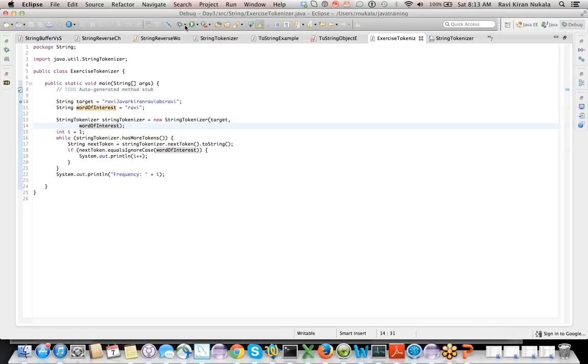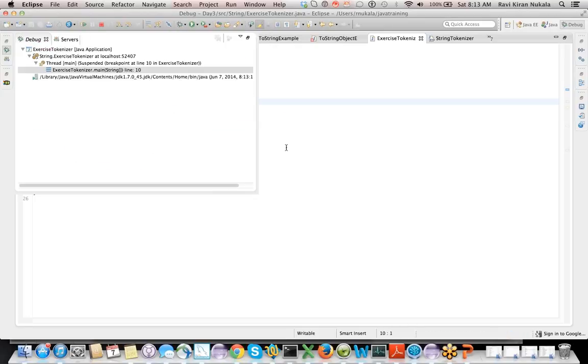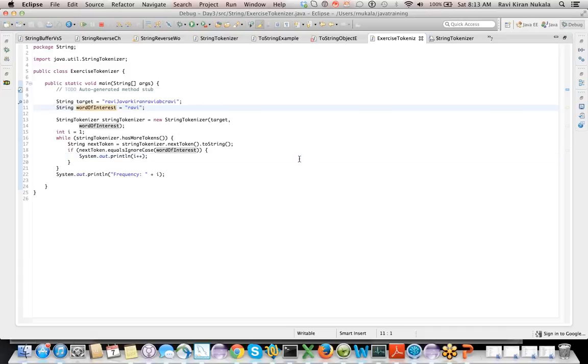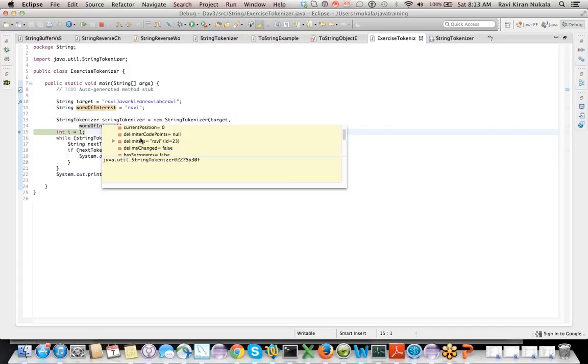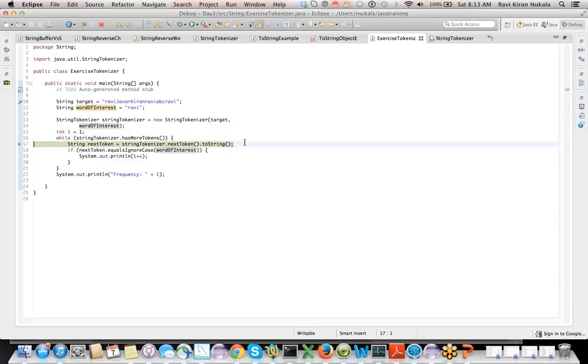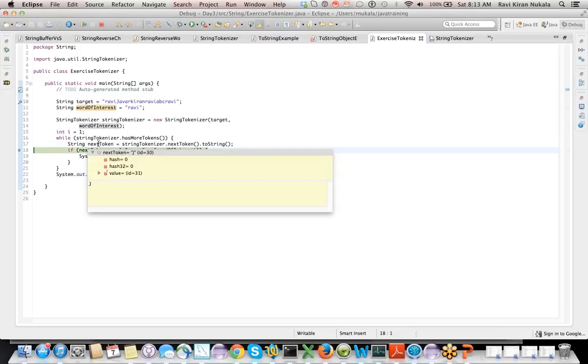More tokens. I think this is fine, but let's see. So delimiters is this. Okay, let's see the token. It is going to Java. That's why it is giving one. I don't know. It's a little weird.